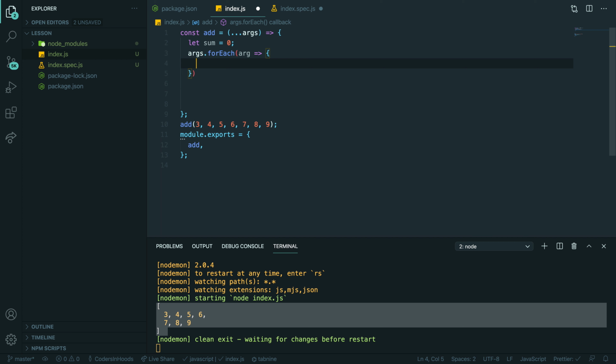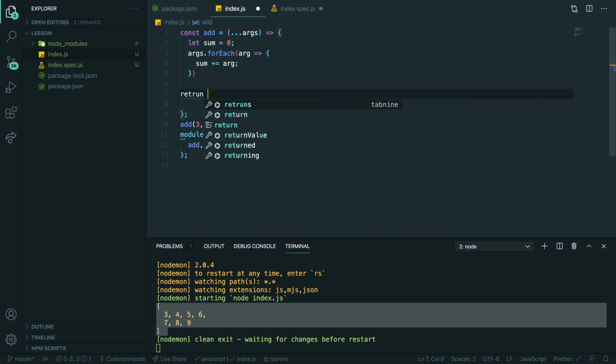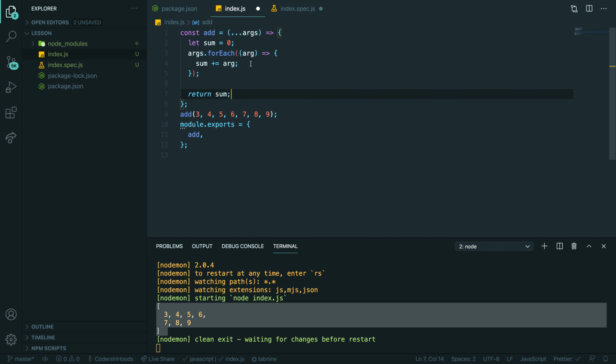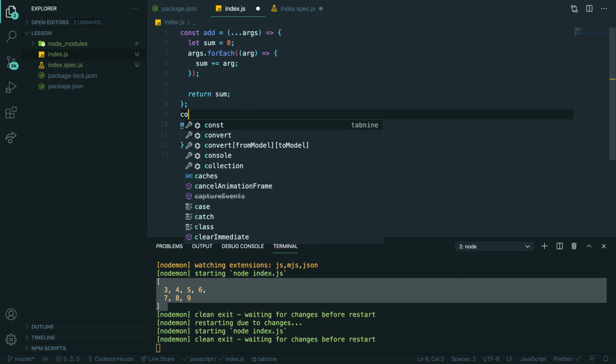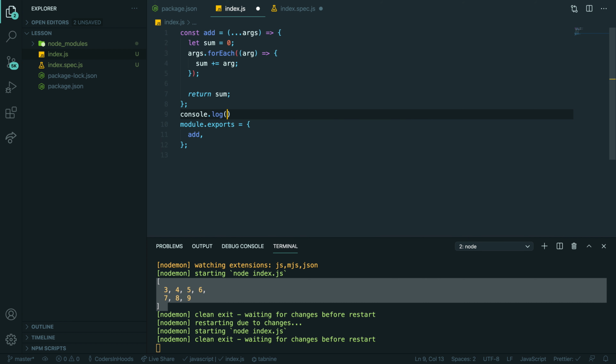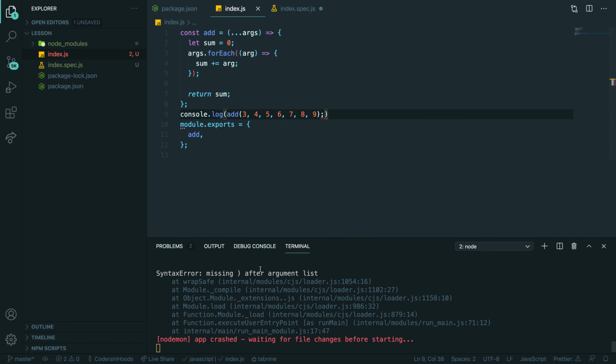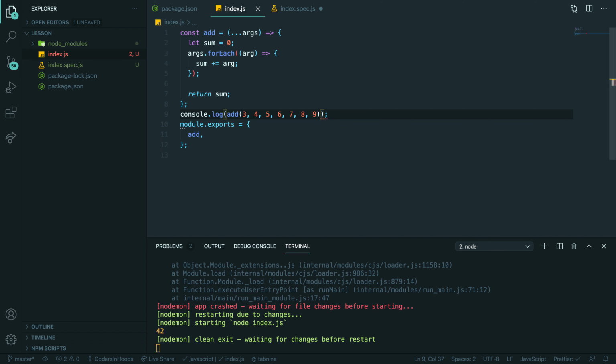And then sum plus equals arg. Okay, and then we want to return sum. Yeah. So let's console log that. Save. Is it because for each doesn't work with args? No, it works. I had a semicolon here accidentally. So we have 42. Looks like it is working.